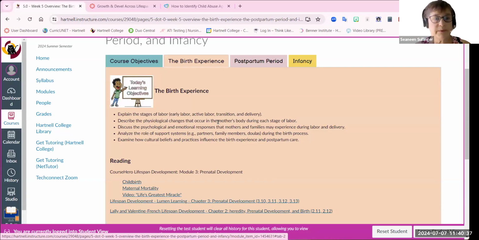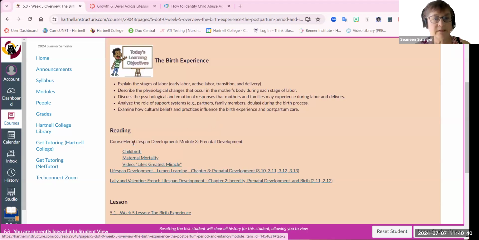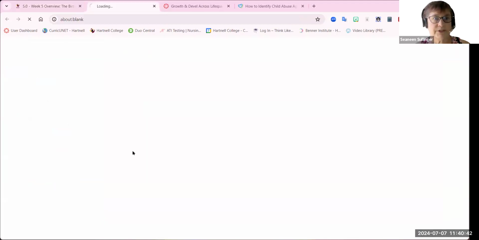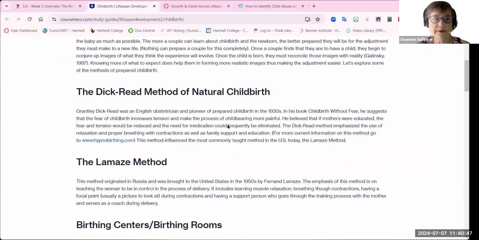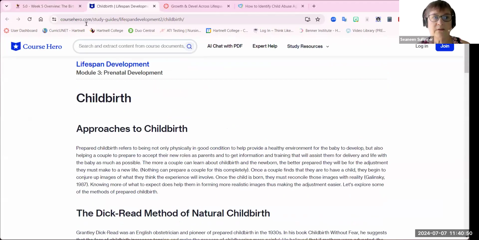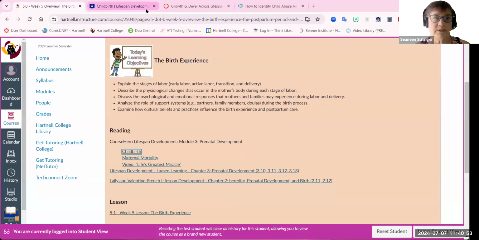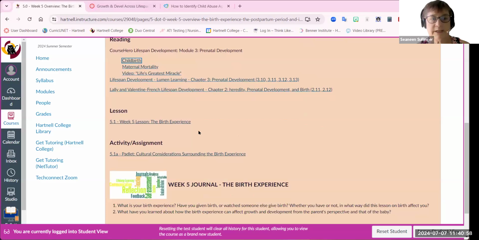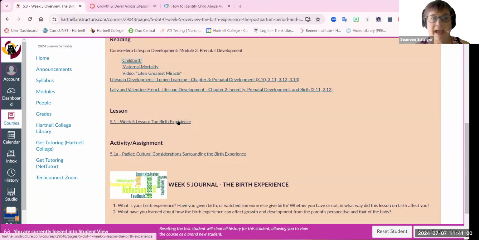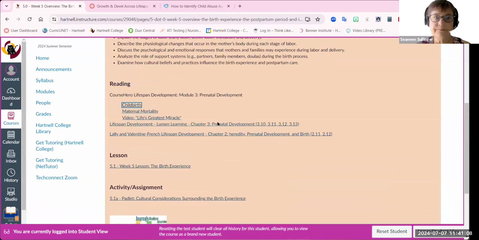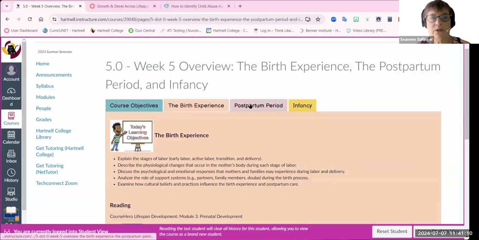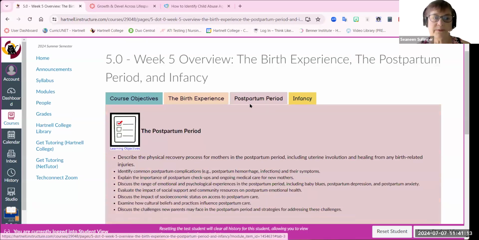So then you have your reading. You just click on the link and that should take you to another window, and there you can start to do your reading. And you should be able to just go right back to that. And then there is a link to the lesson and to the activity, and then to your journal questions for your journal. And the same applies for the postpartum period. So there are the